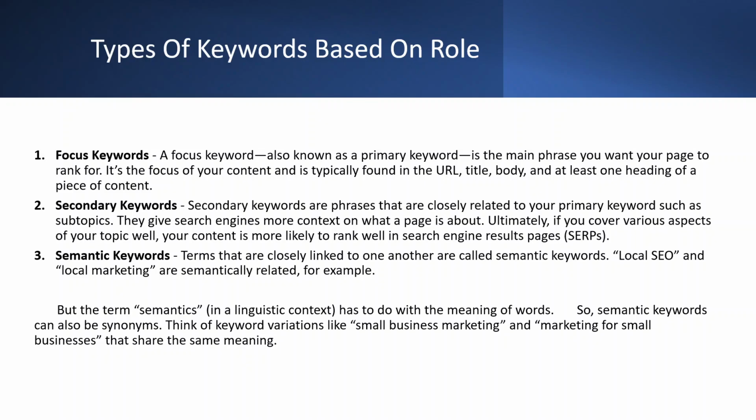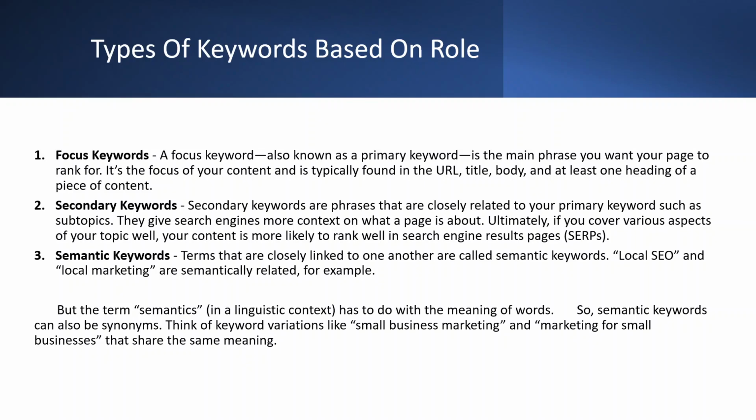After this we have secondary keyword. Secondary keywords are more closely related to a primary keyword, such as subtopics. For example, if you are writing a blog on what is digital marketing and your primary keyword is digital marketing, you can target digital marketing in the H1. Now for example, types of digital marketing can be a secondary keyword, so you can include types of digital marketing in the subtopics.